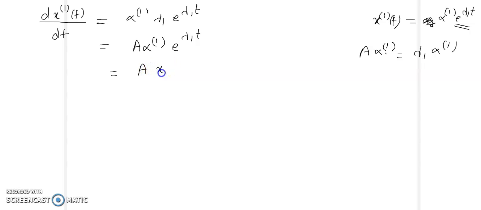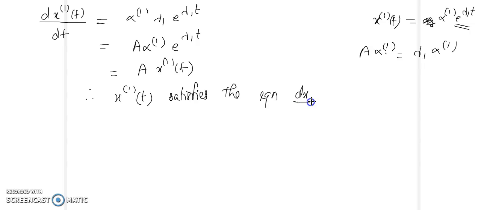So that is A x1 of t. Okay, so that is x1 of t. So you have A x1 of t. Therefore x1 of t satisfies the equation dx by dt equal to Ax. And similarly you can show that